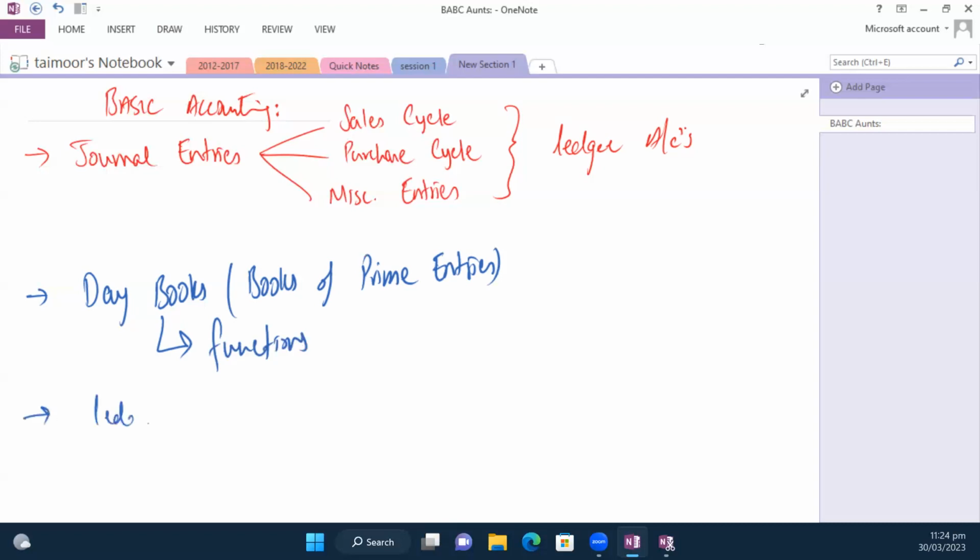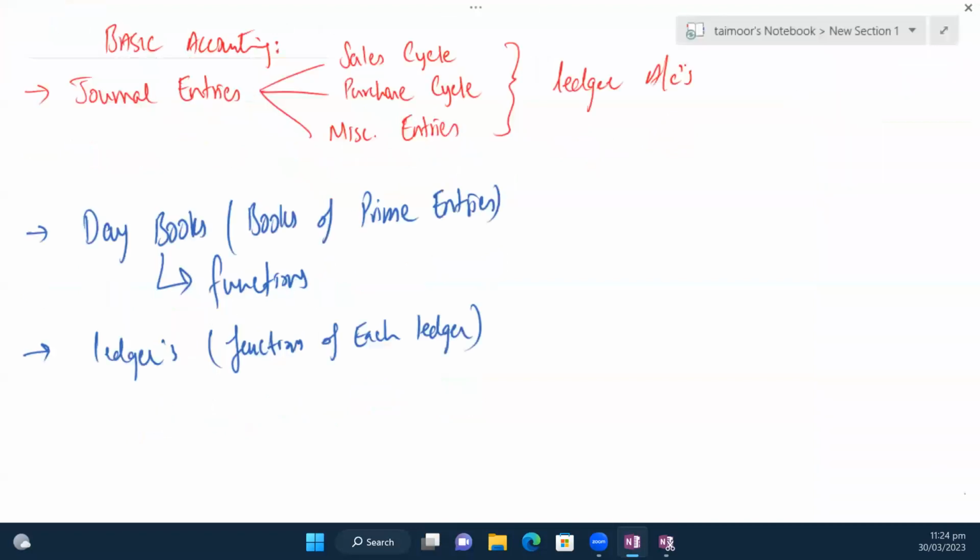उसके बाद we look at ledgers and basically functions of each ledger. ठीक है जी. और finally हम इसके बाद कुछ basic business documents तो देख लेते हैं, लेकिन साथ साथ डे बुक्स के बाद लेजर्स के बाद we look at how to make these ledgers and the usefulness of everything. Okay,